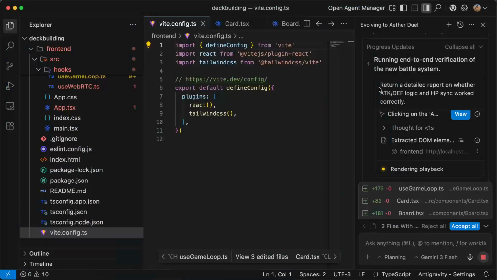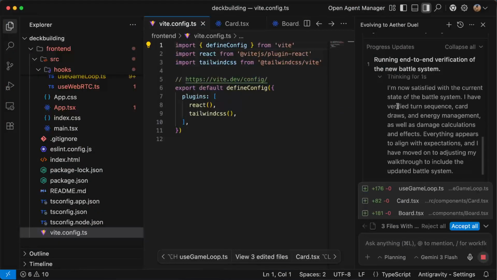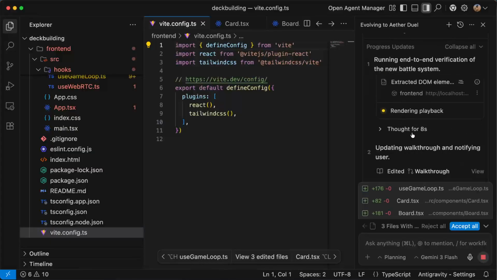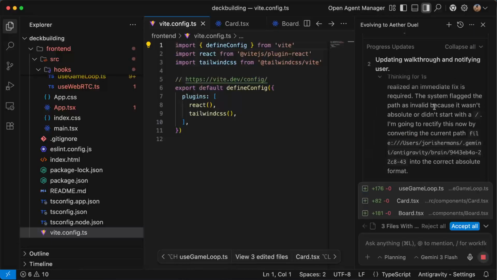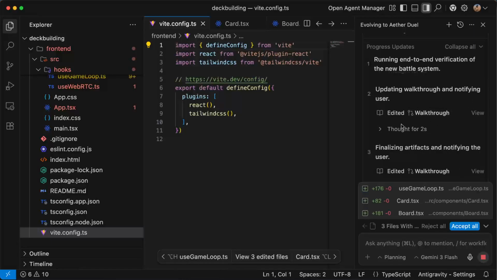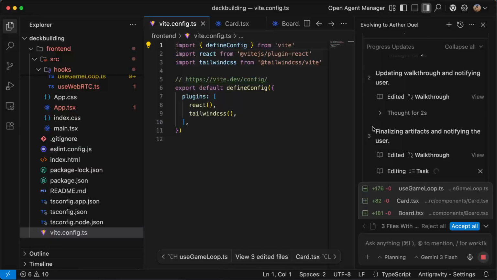And then here you see dual mechanism and what he's doing. "I'm now satisfied with the current state of the battle system, verified turn sequence, card draws and so on." So he's then really rendering out everything, and the system flagged. And what I really like about this is the fact that you now can create some kind of a cool